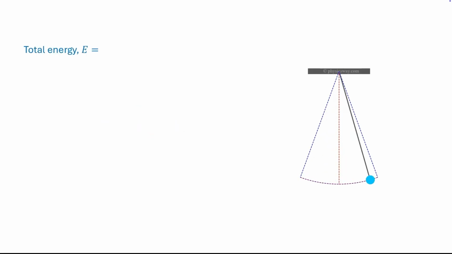First, we are going to find the total energy of the pendulum. The pendulum consists of a string and a weight, called bob. We assume that the string has negligible mass, so it does not contribute to the energy of the pendulum. So the total energy of the pendulum is the sum of the kinetic energy of the bob and its potential